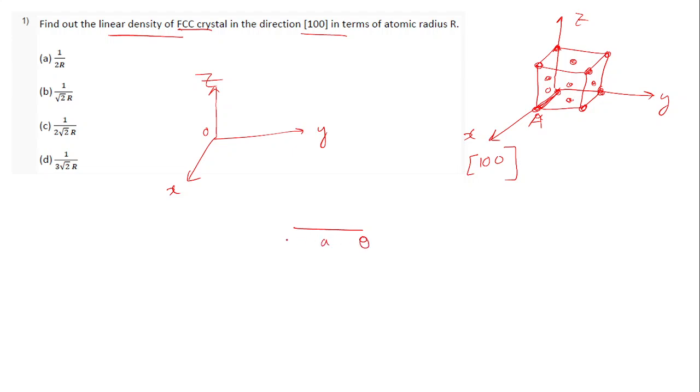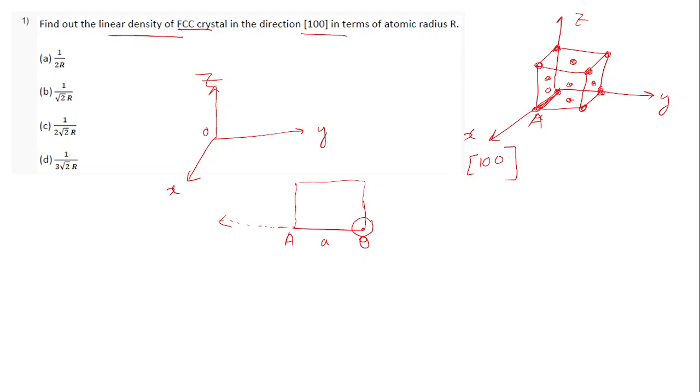So this is my origin, this is point A on the x-axis. And here you see there is one atom. It will be like this, because it's being shared by other atoms also. And just to show you this particular face,